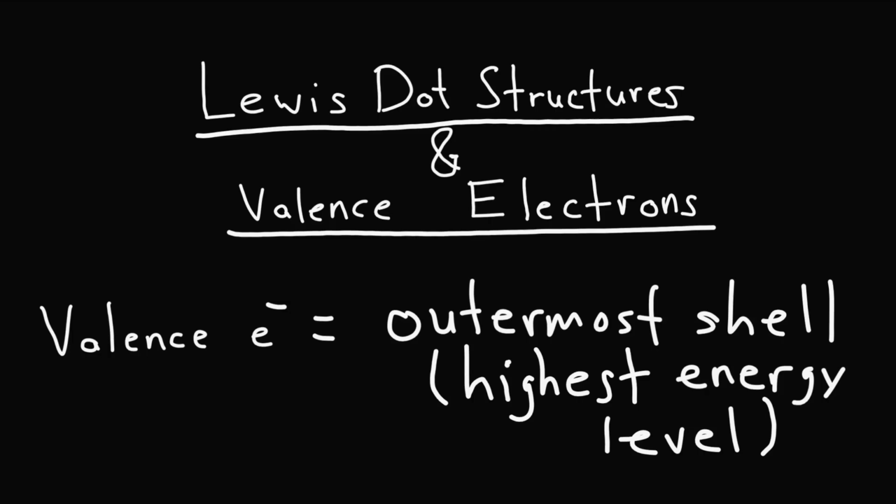In this video, we're going to discuss Lewis dot structures, how to draw them, and valence electrons, and how they're important for the bonding in atoms, molecules, and ionic compounds. The valence electron count is very critical to understand the reactivity of certain elements and why they have certain chemical